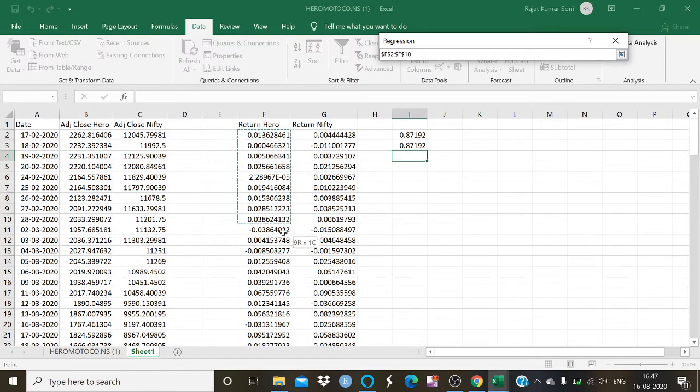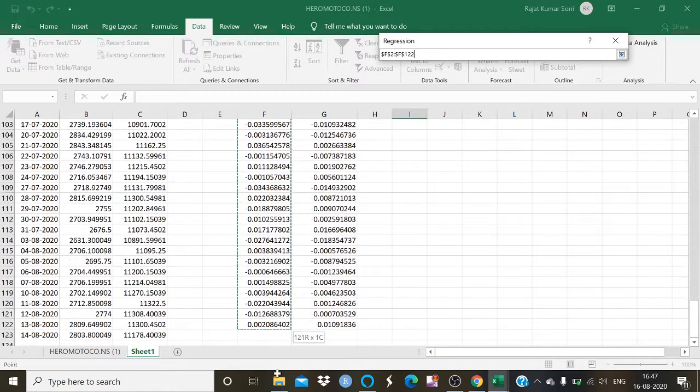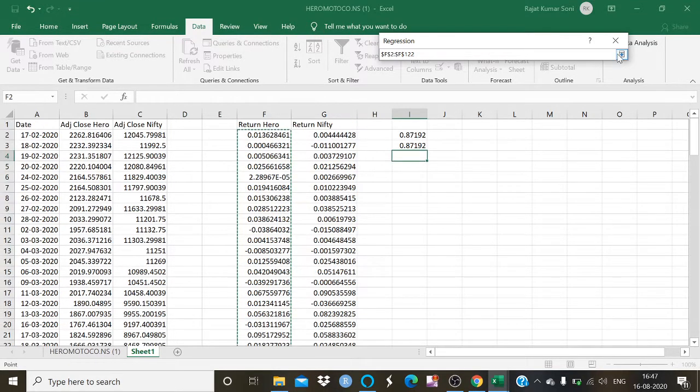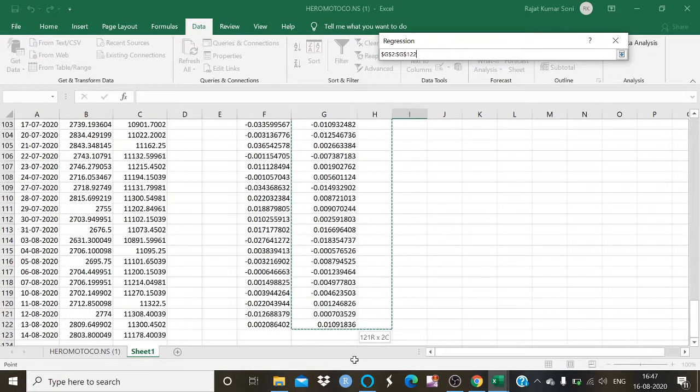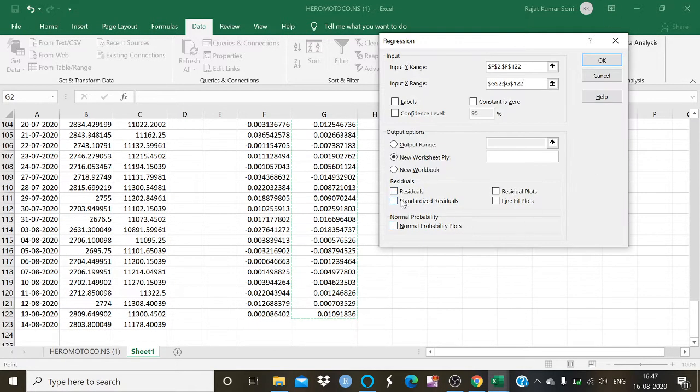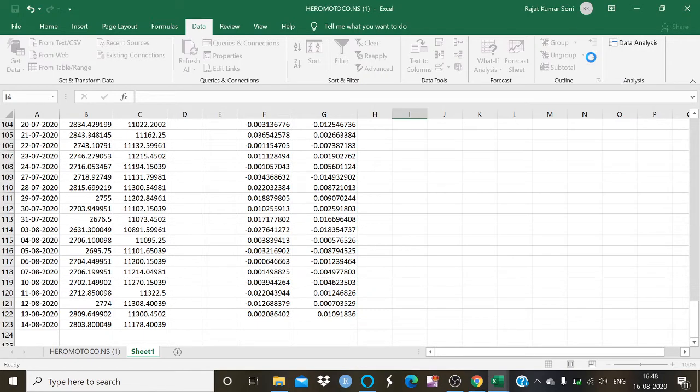Insert the Hero MotoCorp return as the X range, and insert the Nifty return as the Y range, and check the residuals option and click OK.